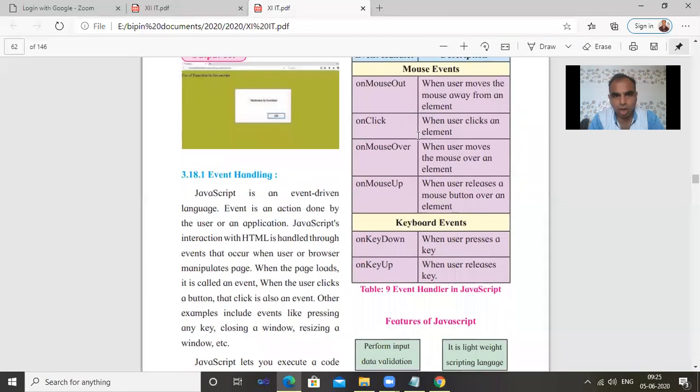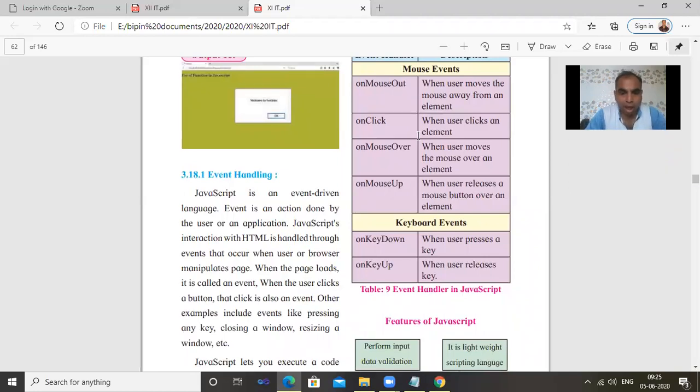Now after function declarations, we have to know about event handling. JavaScript is an event driven language. A scripting language interacts with the program and does calculations. Also, it can handle things through events. That means using a mouse event or keyboard event, we can handle the message or interacting part. So JavaScript is an event driven language.